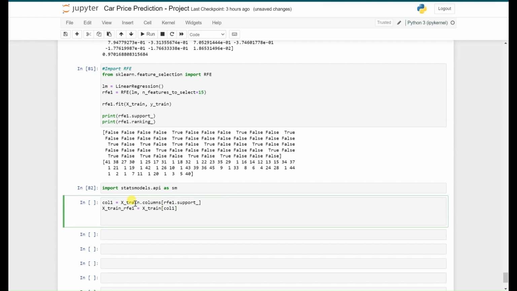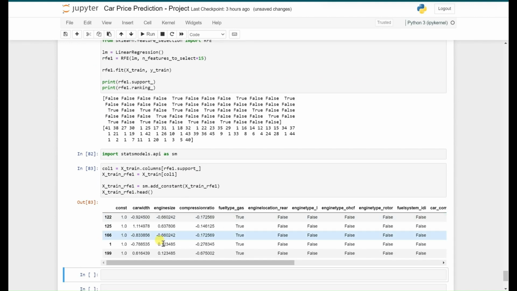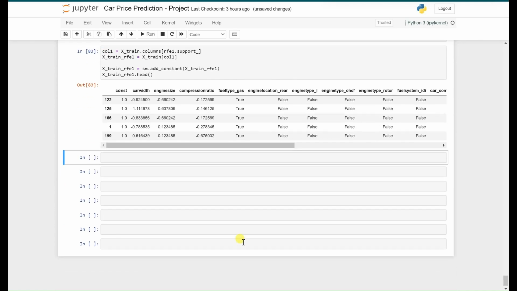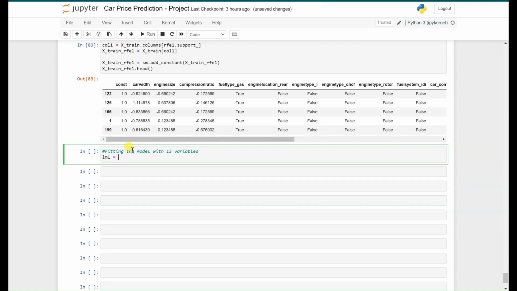Now we will add a constant to the model. xtrain_RFE1 equal to sm.add_constant(xtrain_RFE1). Okay, now let's see how they look. Now you will see we have a constant and all the other selected feature values. Now let's fit the model with 15 variables using the least squares method, then we will get our adjusted R square value. So let's fit the model with 15 variables, and it will be lm1 equal to statsmodels.OLS,